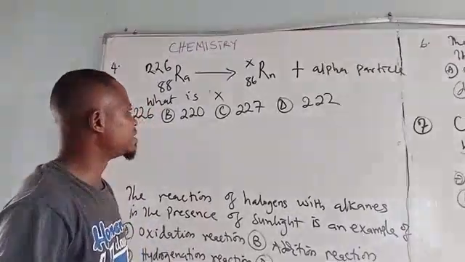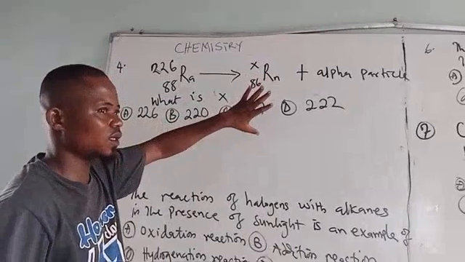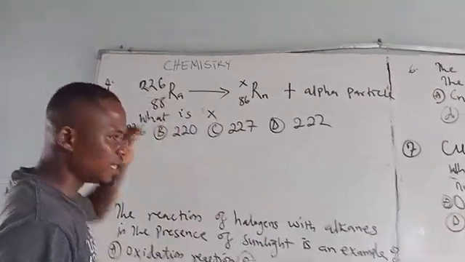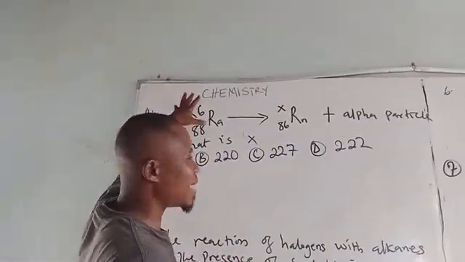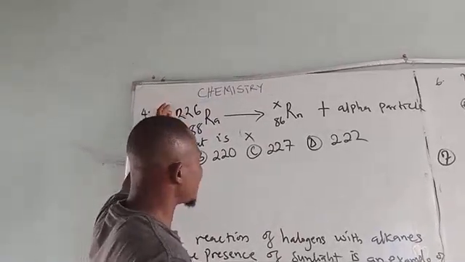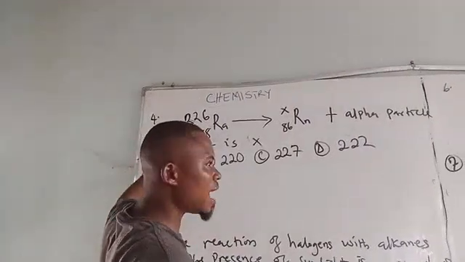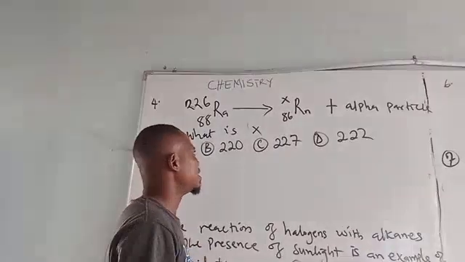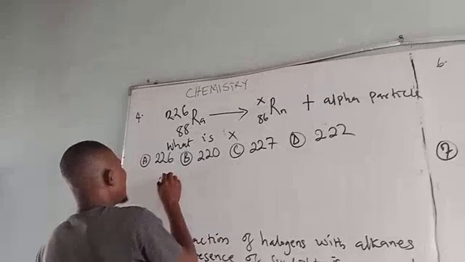Now, during radioactivity, the splitting of a nucleus to form new ones, one thing is certain. Even though in radioactivity the nucleus is being destroyed, there must be a balance in the atomic properties. That means the mass number on the left-hand side must equal the mass number on the right-hand side, and the atomic number on the left-hand side must balance the atomic number on the right-hand side. So, for us to know the value of X, first of all, we must know that an alpha particle